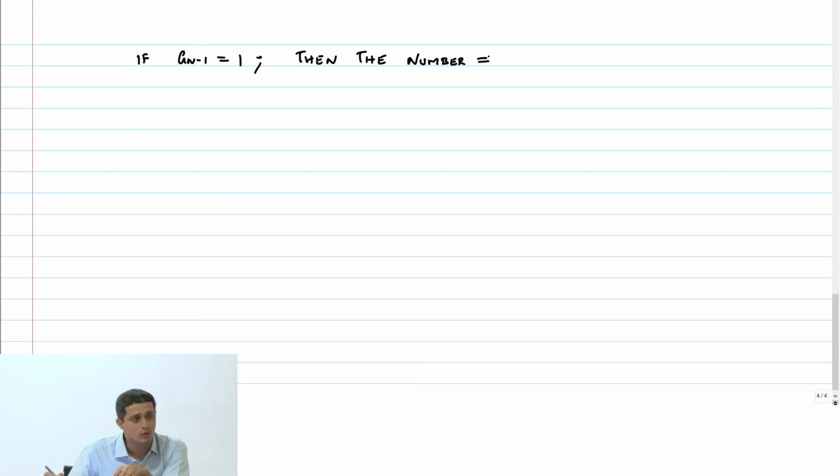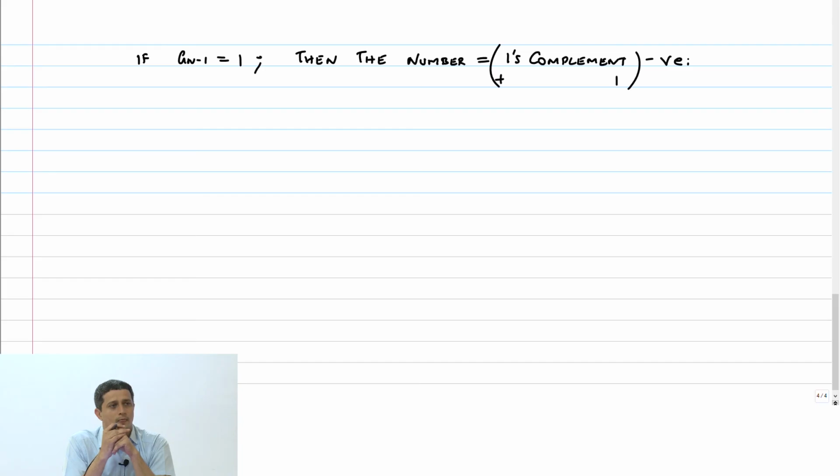Okay, so now if a_{n-1} is equal to 1, then the number is equal to the 1's complement plus 1, and then you put a negative sign in front of this. That's what they tell you.